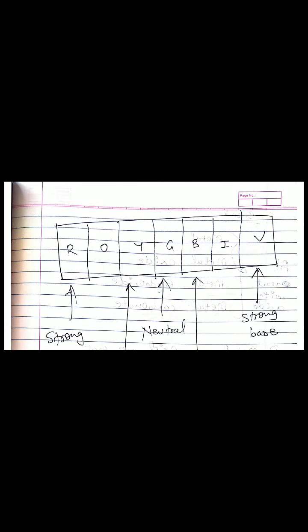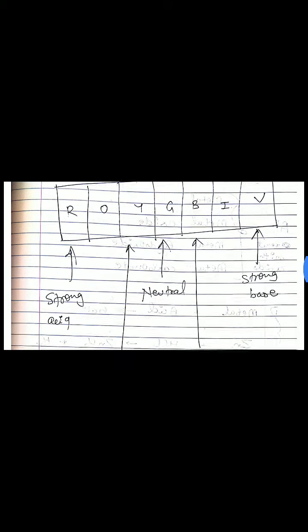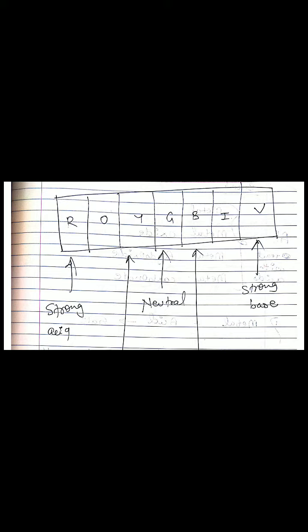And then there is one more indicator which is important. We call it the universal indicator. Here I have not written universal indicator, but I have written VIBGYOR. You should understand that universal indicator shows you a varying range of colors: violet, indigo, blue. Green it shows for neutral pHs, and if your pH is very strong, then you'll be getting either